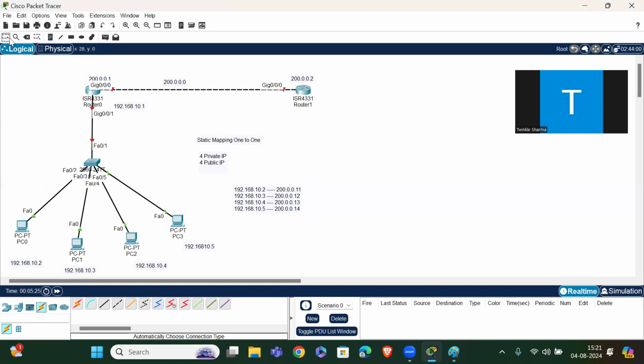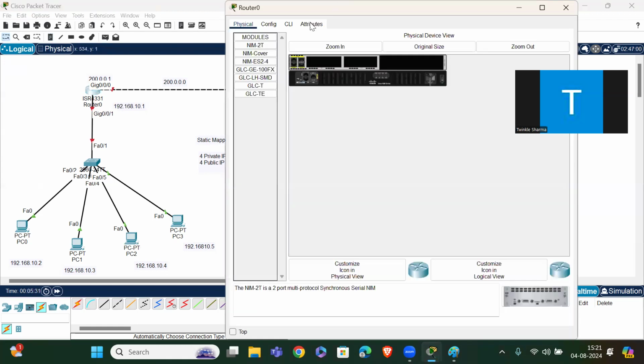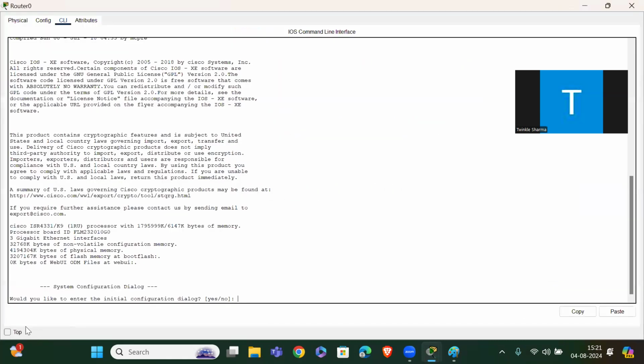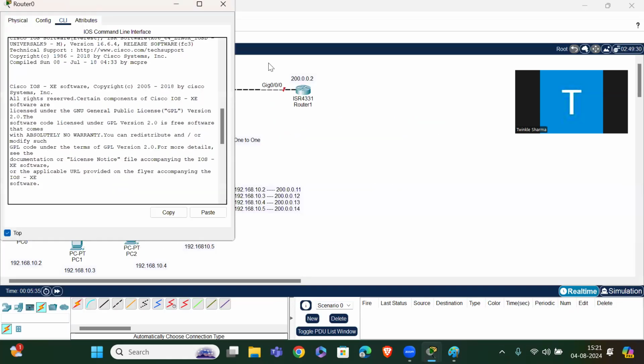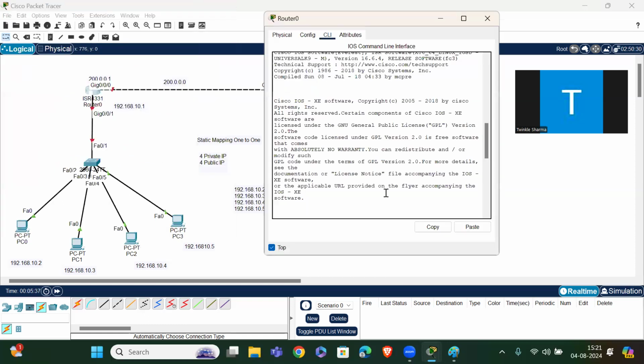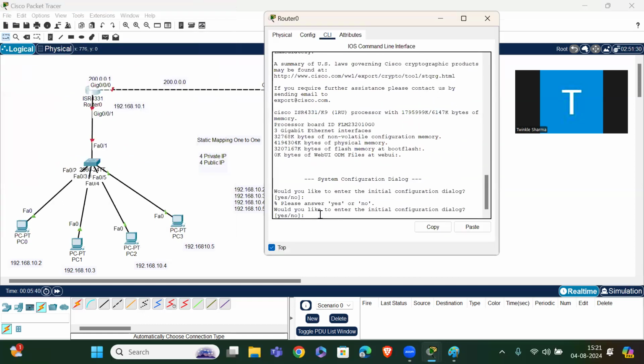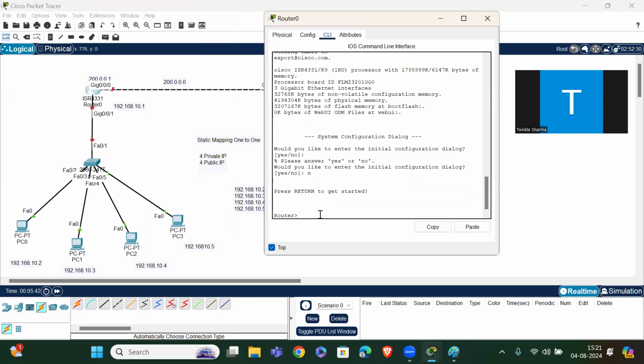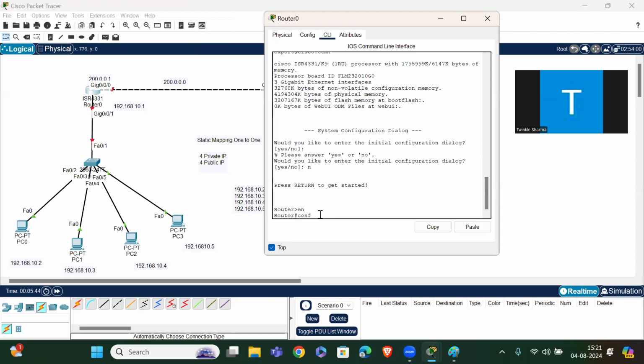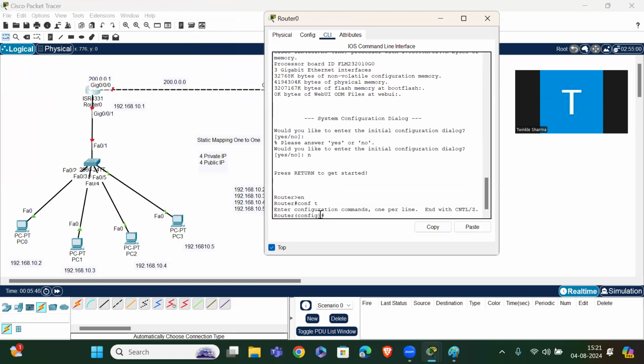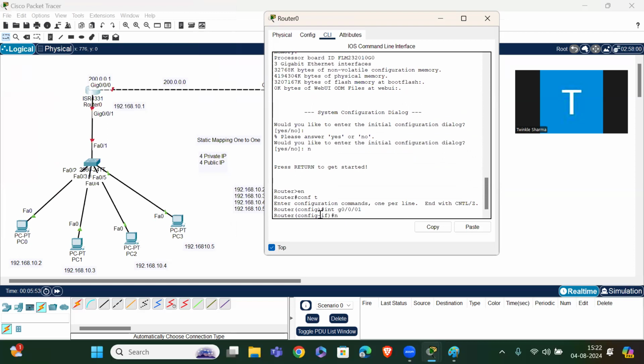First, let me give the IP addresses to router 1. Just go to the router configuration. Enable, conf t, interface G0/0/1, no shutdown.